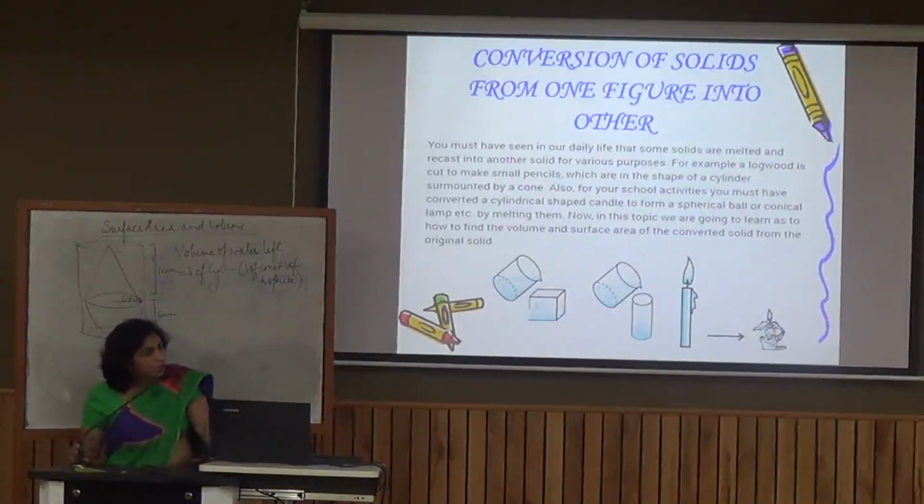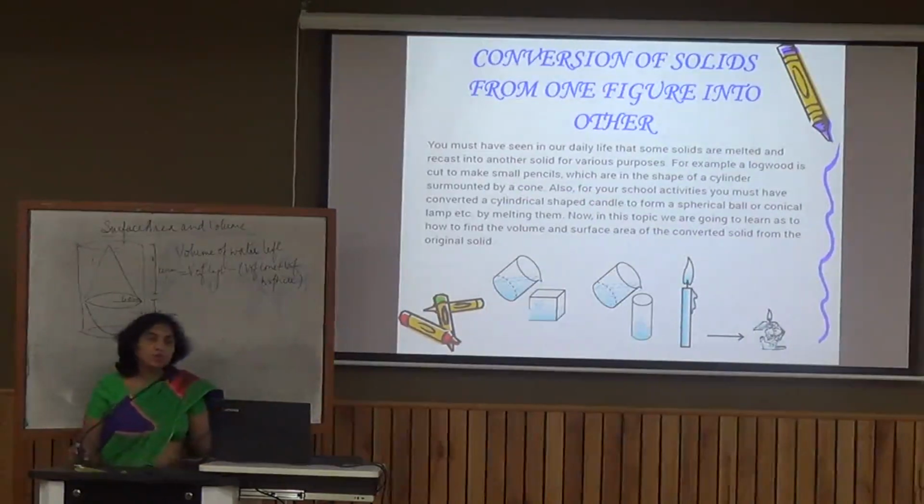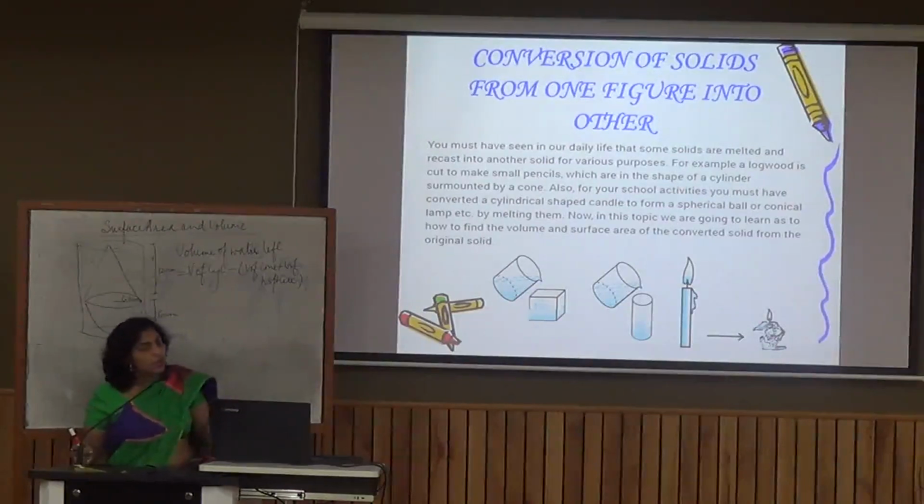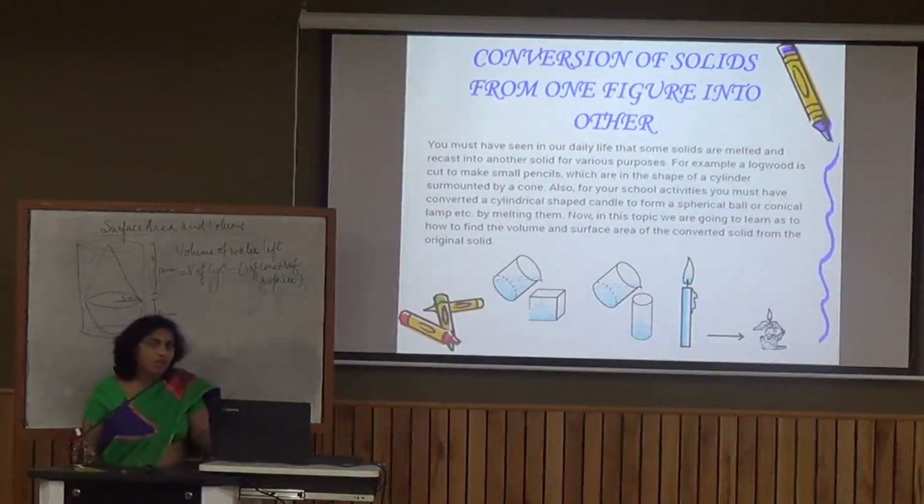Now there is another point when we convert one solid form to another solid form. So remember students, the quantity in the solid remains the same and the quantity in the solid is measured by volume. So when we have to convert one solid form to another solid form, we melt one metal to another metal, we melt one solid of one metal to another shape. We always use our volume concept because the quantity or the capacity of the solid remains the same.